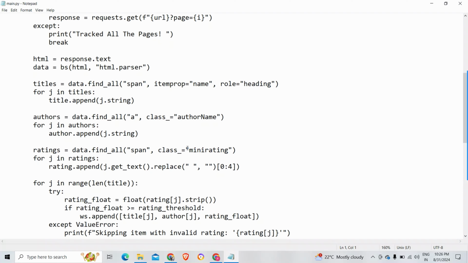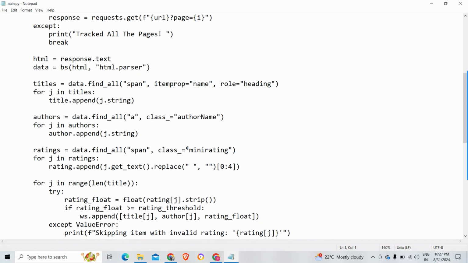Then we have the same thing for j in authors, which loops through each author from the previous step, and author.append appends the text content of each author to the author list. Then we have ratings = data.find_all span, class equal to minirating. This finds all span tags with the class minirating, which contains the rating of the books.